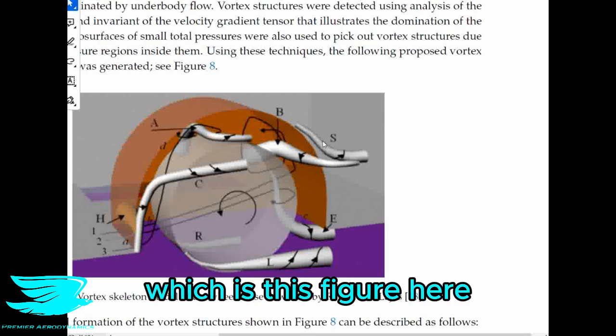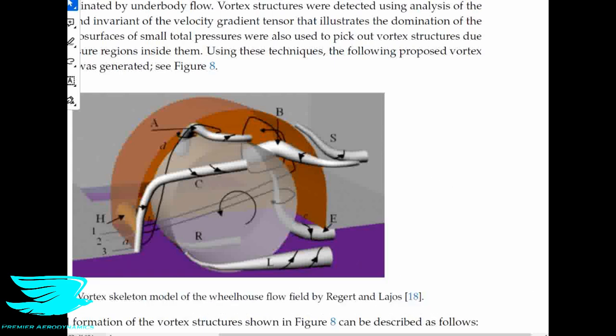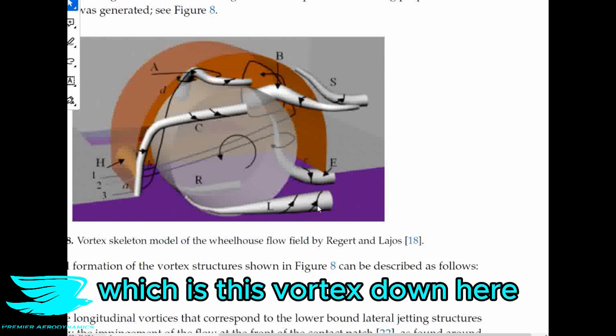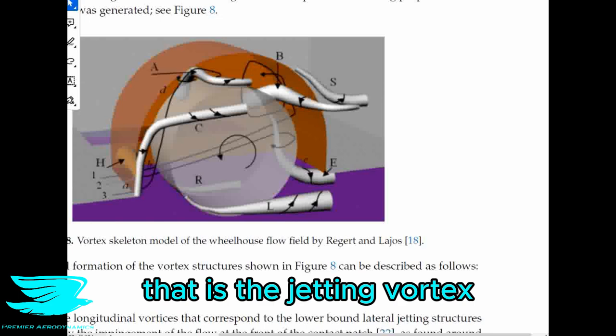So in figure 8, which is this figure here, we see one proposed aerodynamic model of the flow around a wheel in a wheelhouse. And it looks pretty good. So we have the L vortex, which is this vortex down here at the bottom near the contact patch. That is the jetting vortex. We have the C